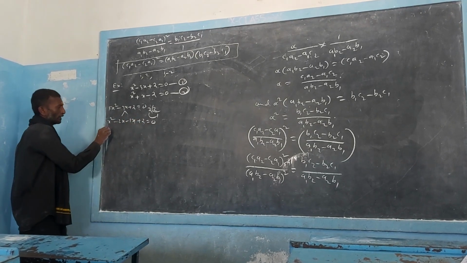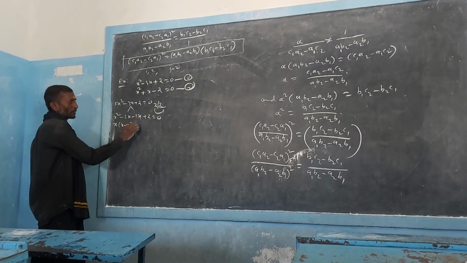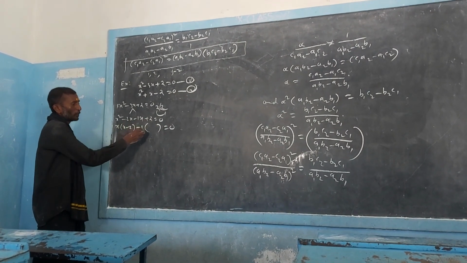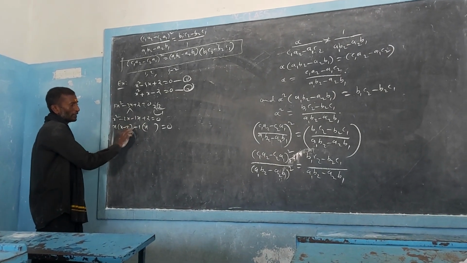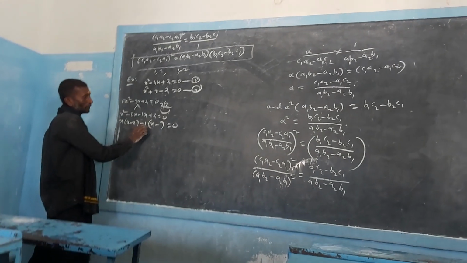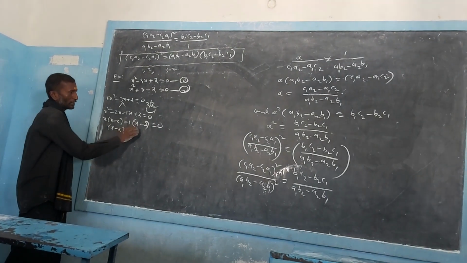Now, what happens here? If I take x common, x into (x − 2) will come. On this side, take −1 common. If I take the negative sign common, we need to change the signs of both the terms. This minus will become a plus. −1 into x is −1x, and this will change to minus. Minus into −1 will be plus 1. So finally we get (x − 2)(x − 1) = 0.